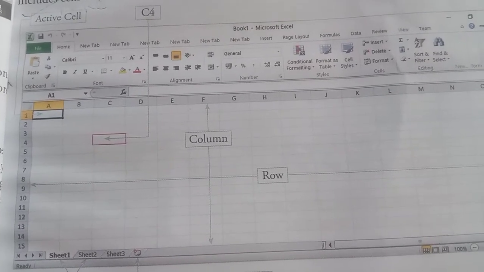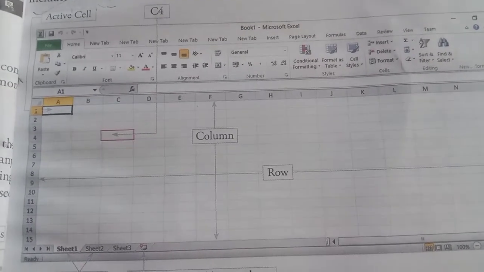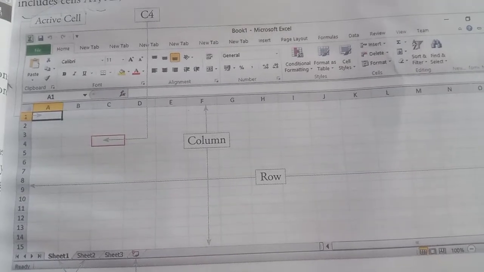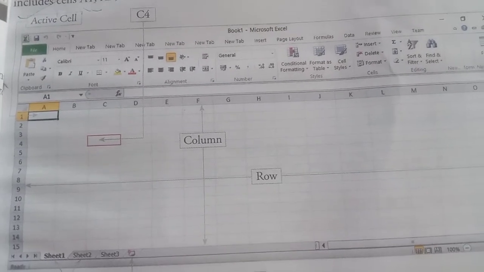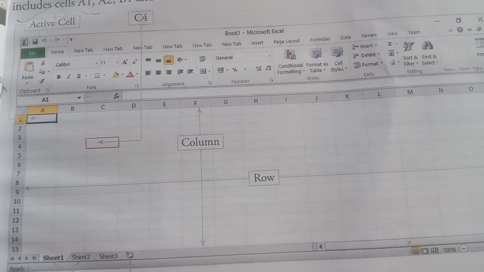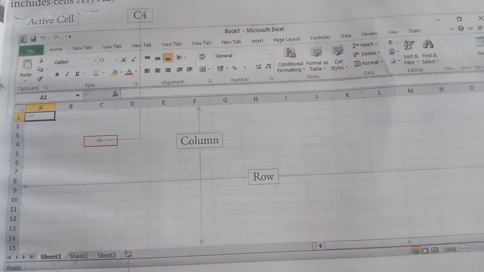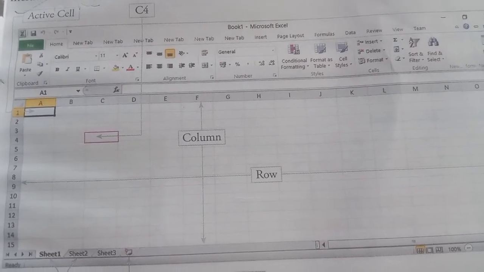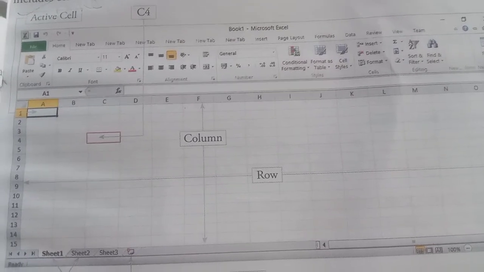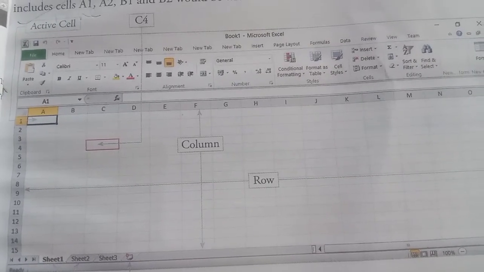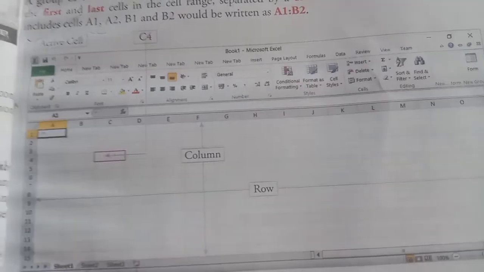After double clicking, you have to write whatever you want. You want to change the name to, like, SK Public School, write SK Public School in place of Sheet1. And after that, if you want to change the name of Sheet2 also, again you have to do the same thing.